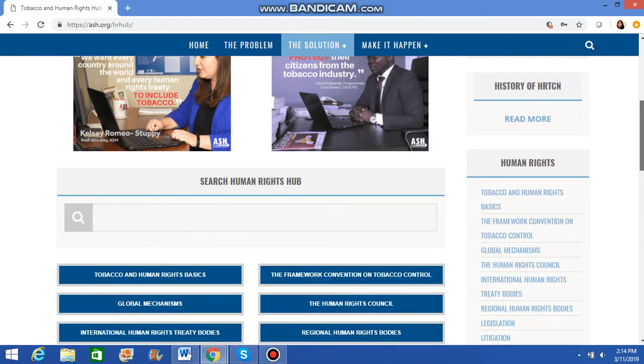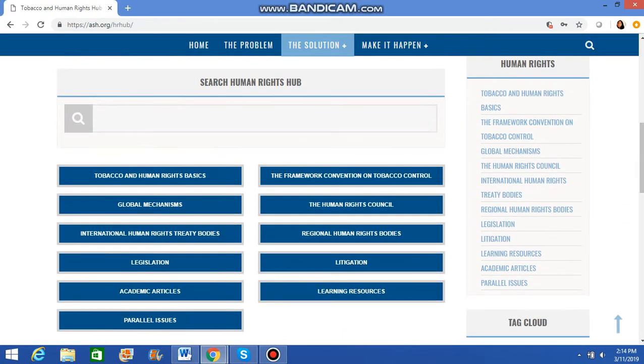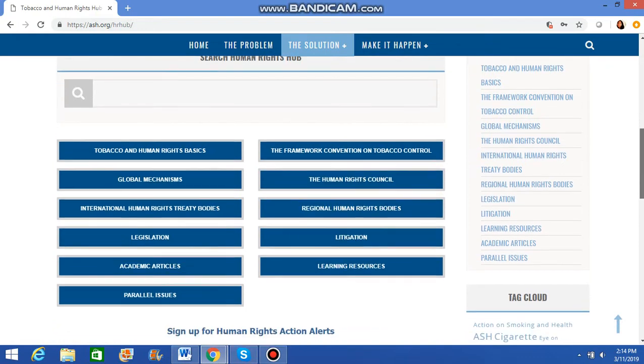You'll also notice if we come down here, there are all these buttons with categories of information, which we're going to talk about a little more further. The same categories are over on the right. This first page is the only page where they're duplicate like this. The ones on the right are so that you can always jump back from other pages.